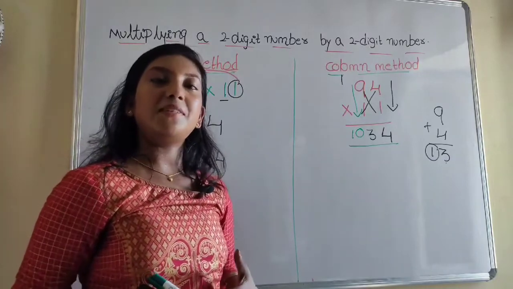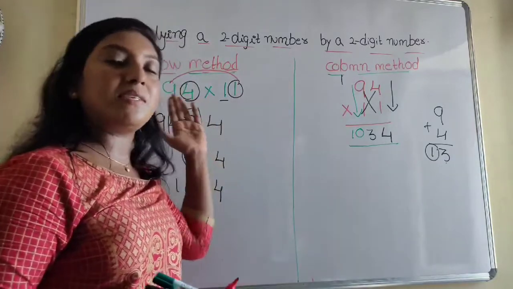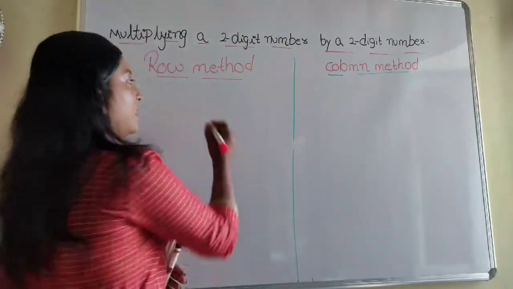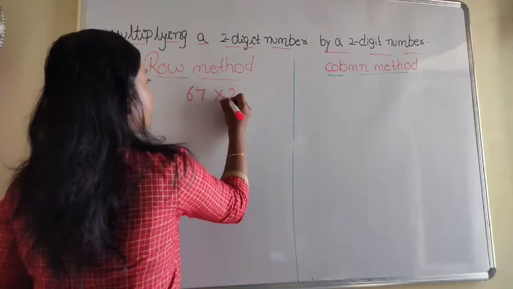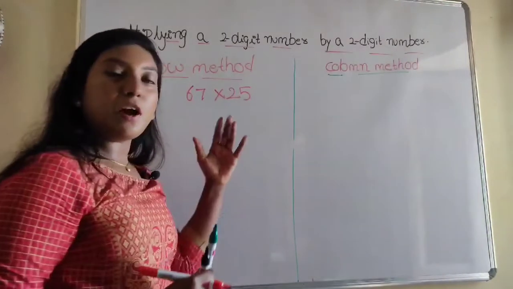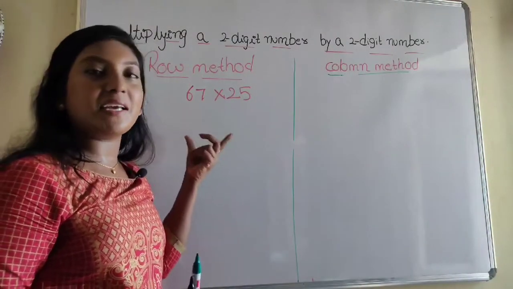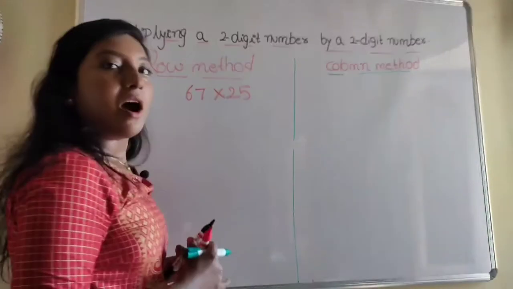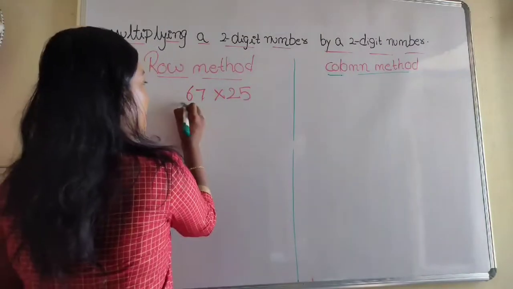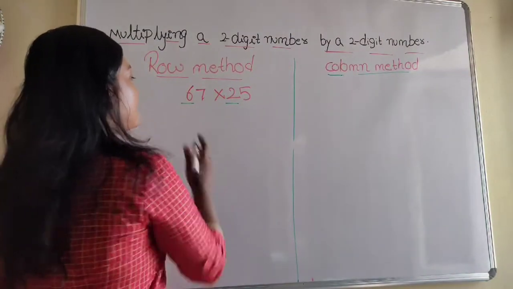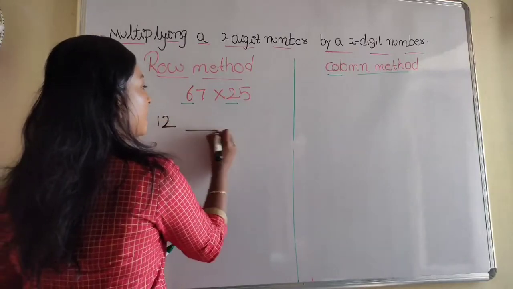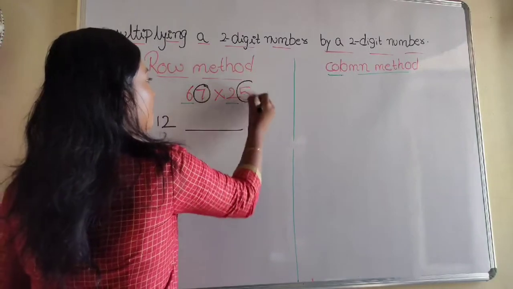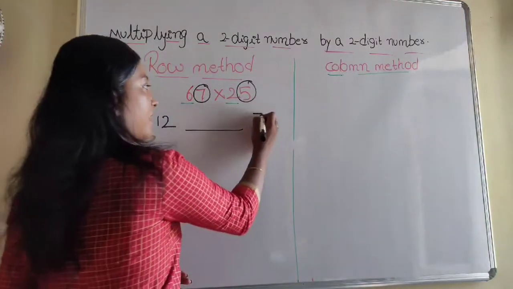Let us see what happens if we have the carryover at the first digit. So here we are taking the example 67 into 25. Now we are checking what happens if we get the carryover in the first digits. So let us see now. We already know how to multiply this digit. So 6 and 2, which gives 12, and this is the blank for the middle digits, and 7 into 5, which gives 35.